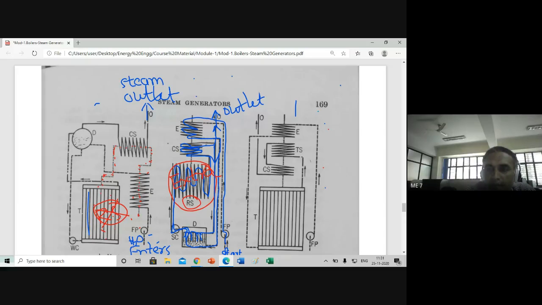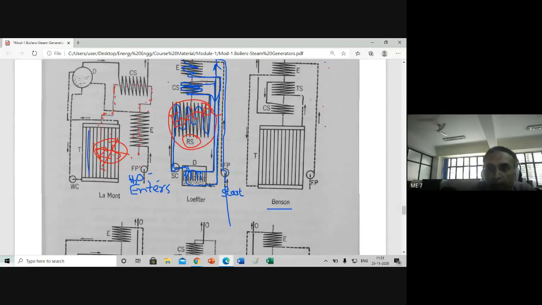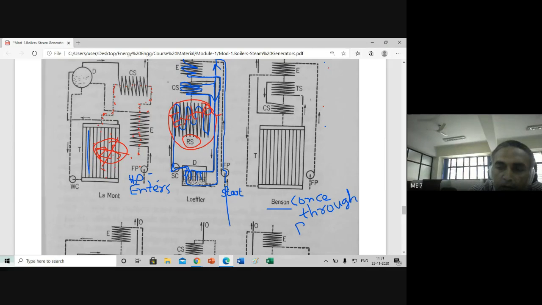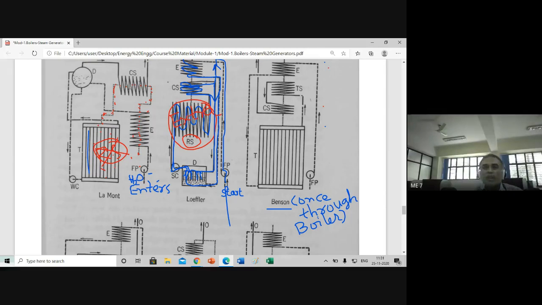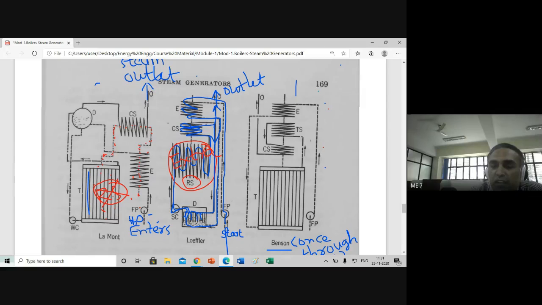Now coming to this Benson boiler, the once through boiler. This Benson boiler is called the once through boiler. Why is it called once through boiler? As the name says, once through, once for all, everything